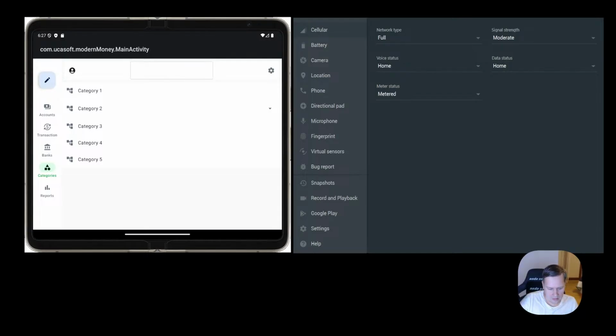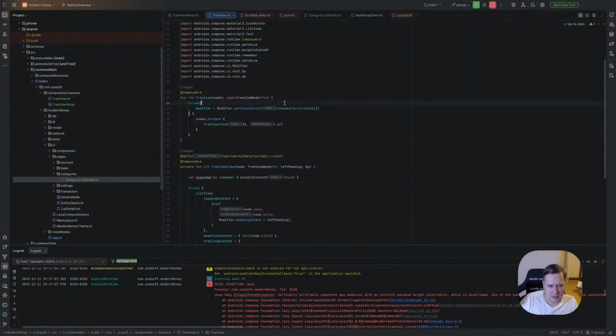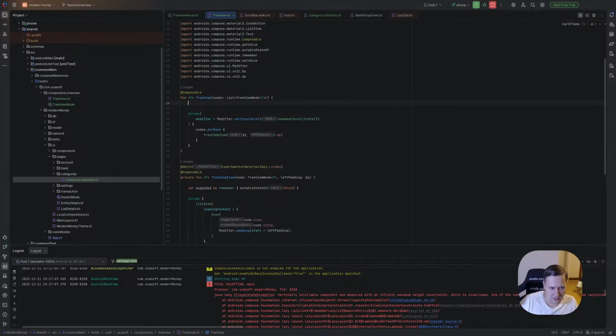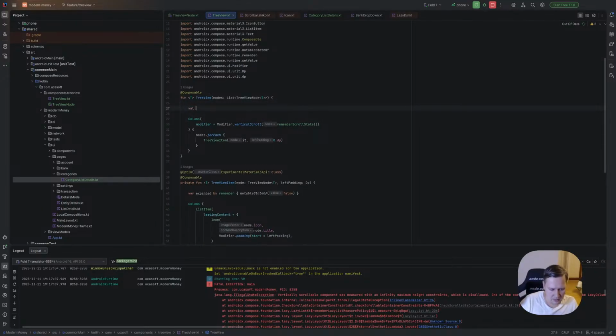Yeah, I guess it should be done something like this. So we need to have this, while scroll state.